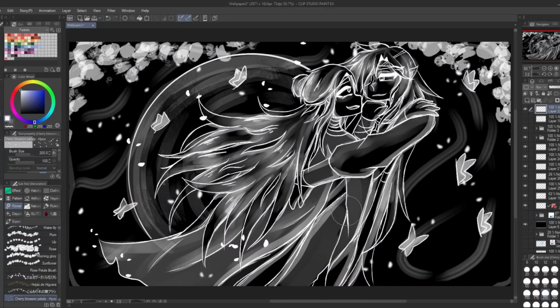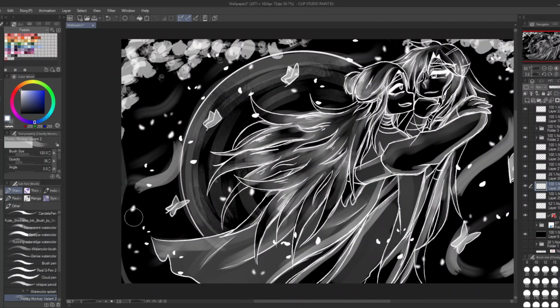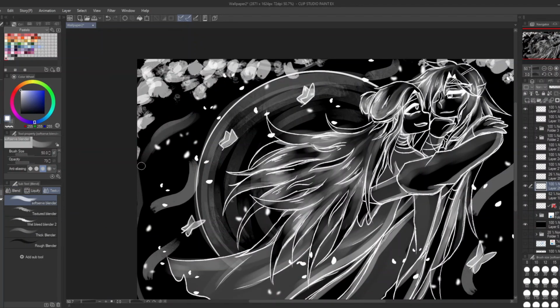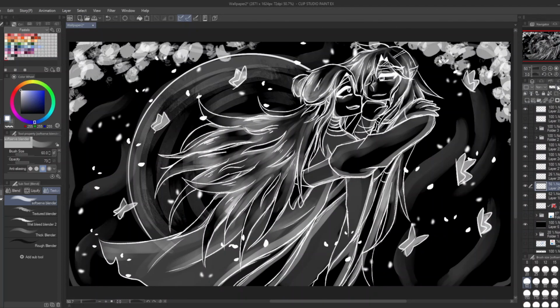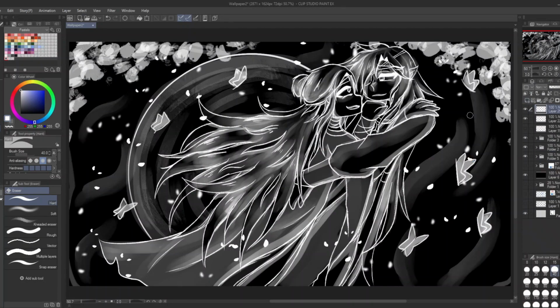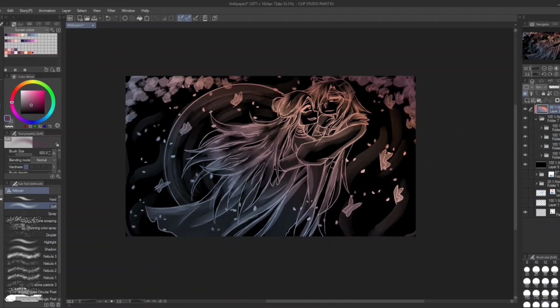So yeah, just to make the piece feel a little less empty. And at this point I was deciding what gradient I wanted to use. I looked to my Sunset Colors palette to try and figure out a nice gradient. At first I was just drawing the gradient before clipping it to the layer, but I